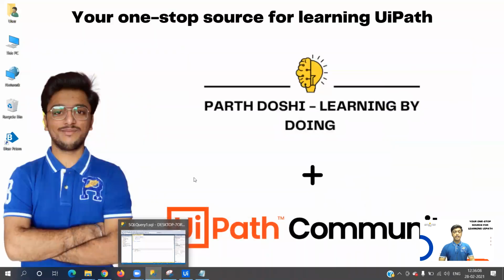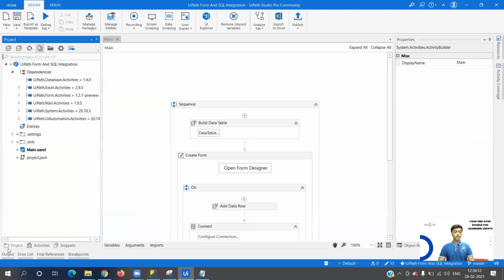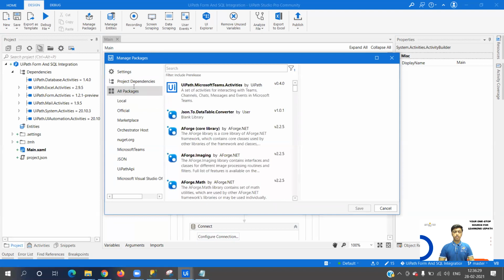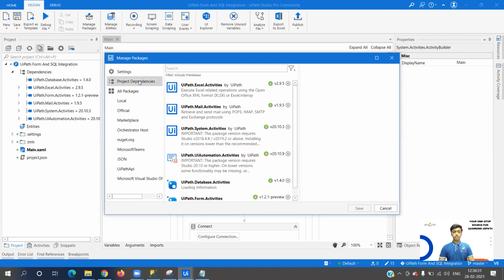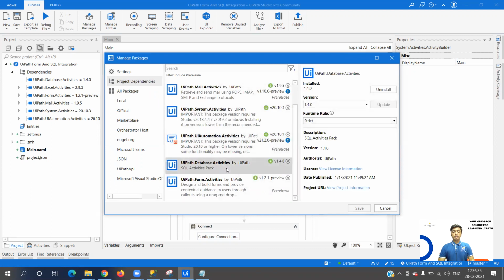Now let's move ahead and first of all install the packages that we require. Since we are using two different features, or you can say products, of UiPath, one is UiPath form and the other is the database activity, we need to install both of them. So you need to go to manage packages. In all packages, search for, I have already installed it, so I will show that, UiPath.Database.Activities.